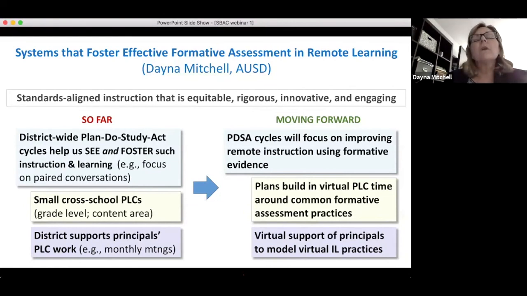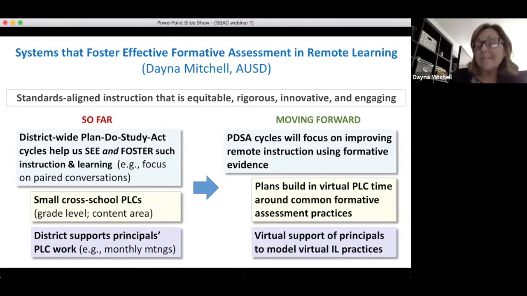Part of the work that we're doing at the district level to make sure this happens, there's a couple of things. One, it's critical that we build in PLC time for teachers to do this work. If it's not in the schedule and we have not planned it out in advance, then it may not happen, right, on a regular basis in a cycle of inquiry. So our plan is to continue to do this. We had this actually when we went into closure, when we created our distance learning schedule this last semester,